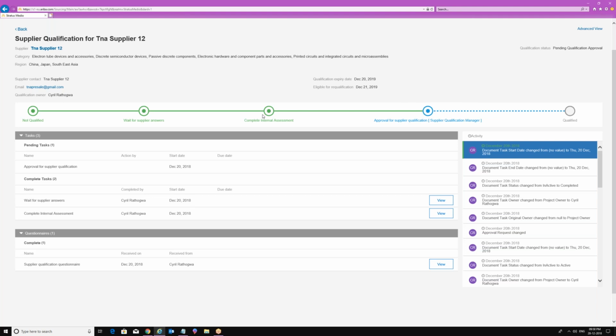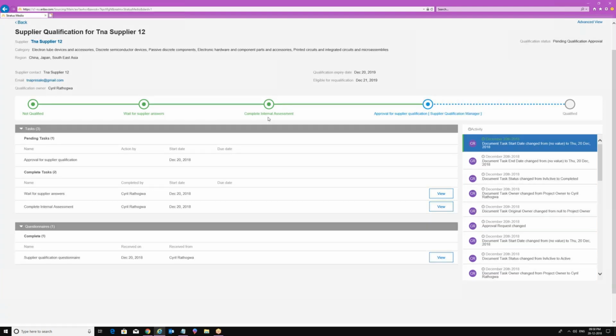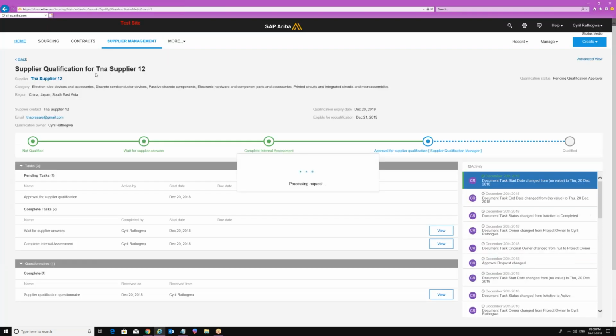Okay, but before that, I think we have to once again refresh the screen. Then only we are going to get the approval button over here. So how can you refresh the data over here? Go back to your home tab. Click on this thing. Okay, now you have updated.